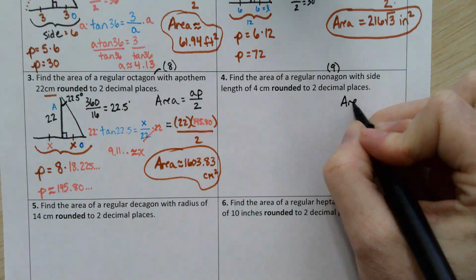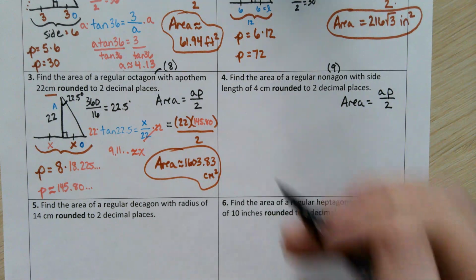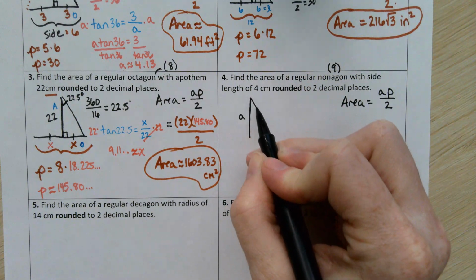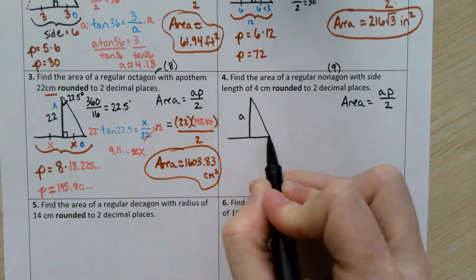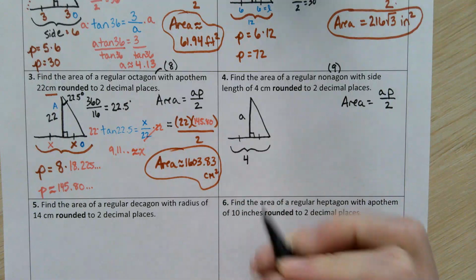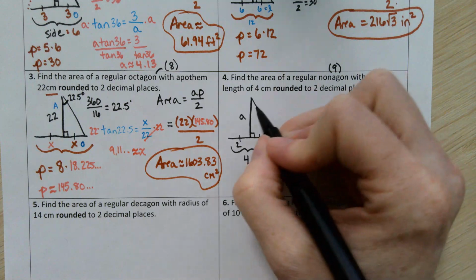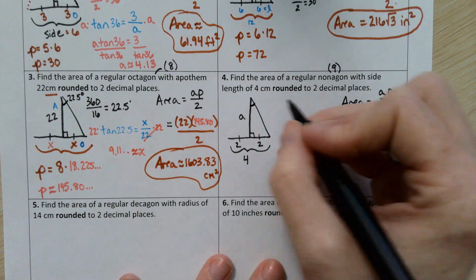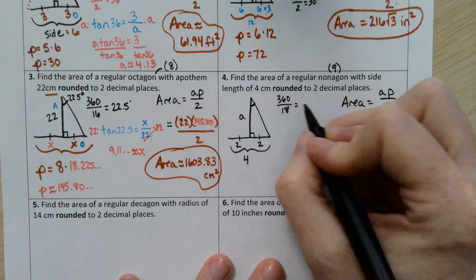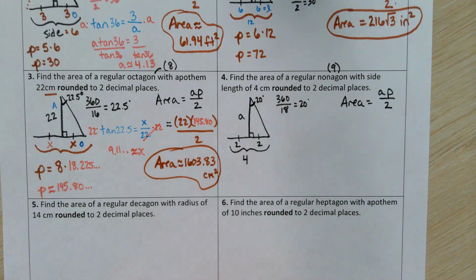We're still in the area of a regular polygon mode, so my formula is going to be AP over 2. Looks to me like I need to find my apothem. I don't know the radius, but they have told me this side length is 4. So I'm going to go ahead and split that up 2 and 2 right away and try to find that half central angle at the top by doing 360 divided by 18, double the number of sides. So this angle at the top is going to be 20 degrees,